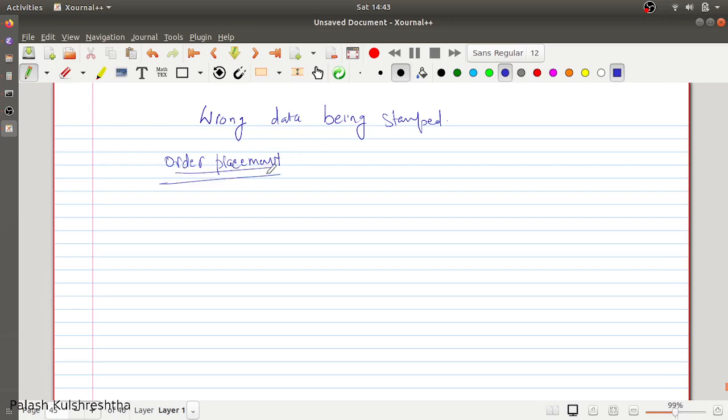you get a CST ticket, or maybe some other way you come to know that when orders are being created, the address that the user has provided is not being stamped in the database.